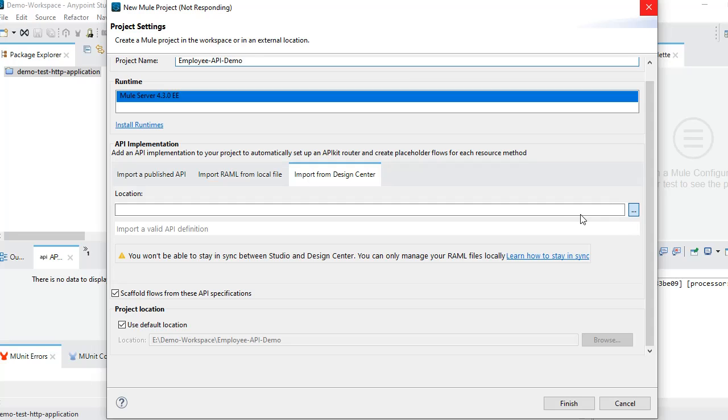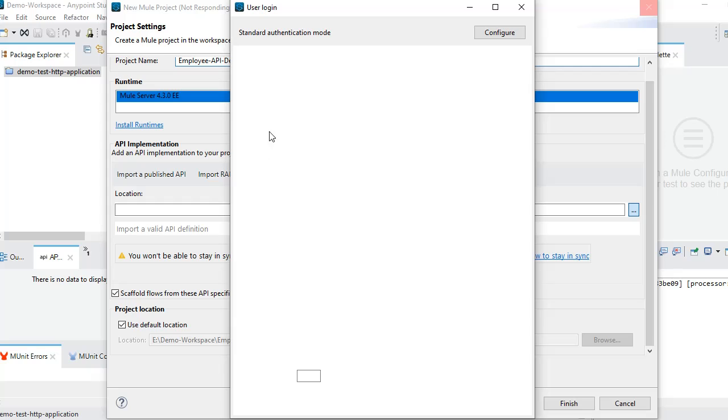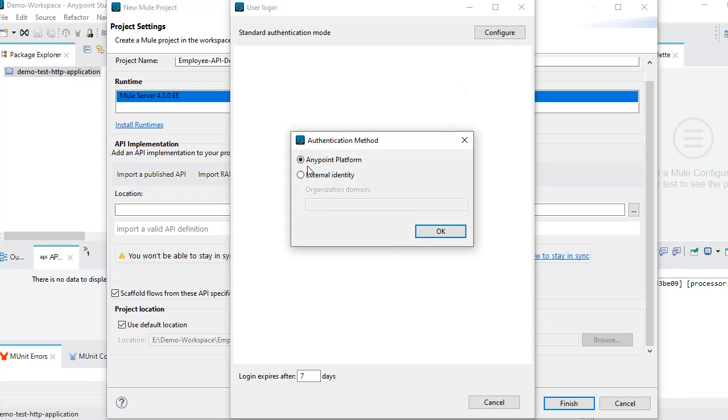If your Anypoint Studio is already linked with your CloudHub account, it will automatically pop up all the APIs you designed in your CloudHub account. If not, it will ask you to add an account here, like this. See, I have removed my Anypoint CloudHub credentials from my Studio, as this is my new workspace. So we can configure our CloudHub account details here, so that from next time it will take the configuration directly from here.